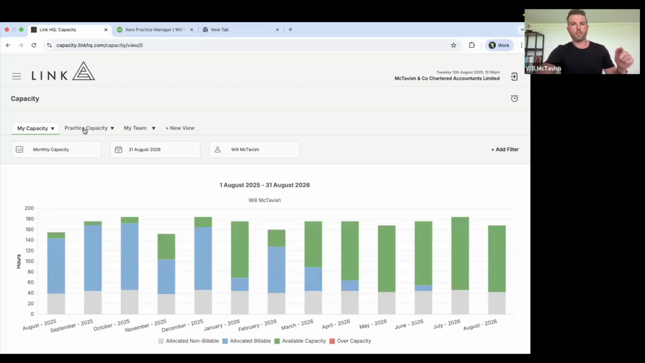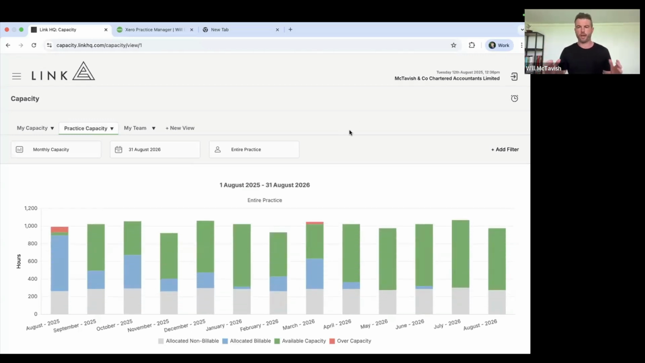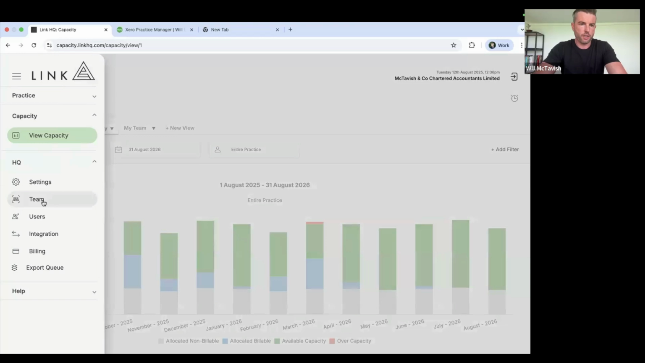So what I can also do, if I jump into practice capacity here, this is my practice level capacity. So again, green is my available capacity, silver is my allocation for non-billable. And how we arrive at those figures, if I go to HQ here and click on team,